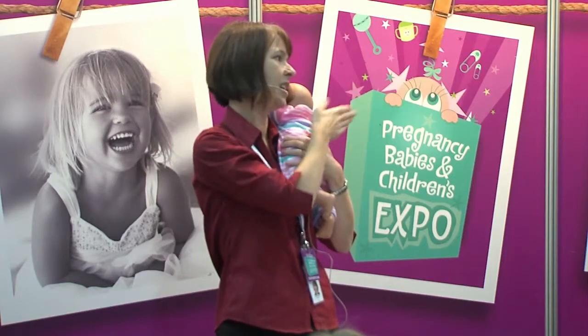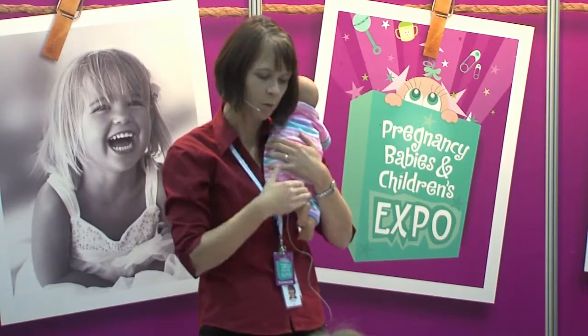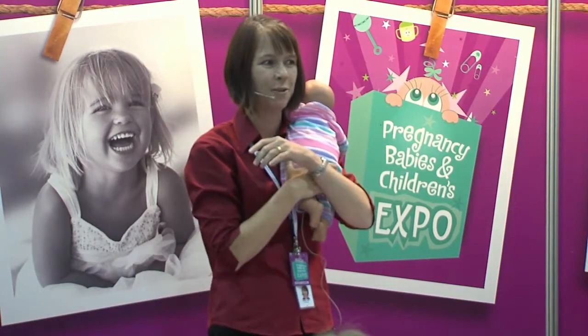It can go on to cause problems if they end up having that flat spot. They enjoy lying on that, so it's even easier for them to look to that side, and they don't look easily to the other side. So we want to avoid that positional preference as well. So the first thing I guess you can do with your newborn